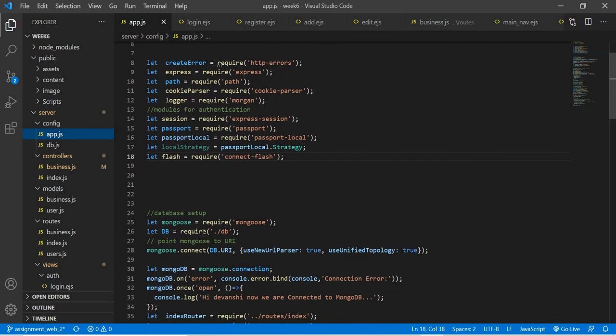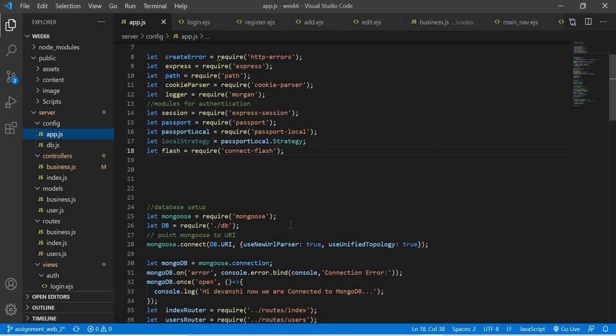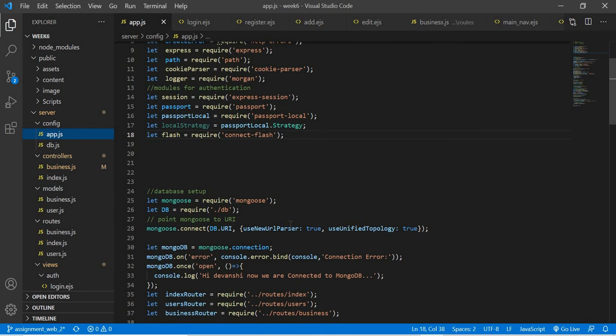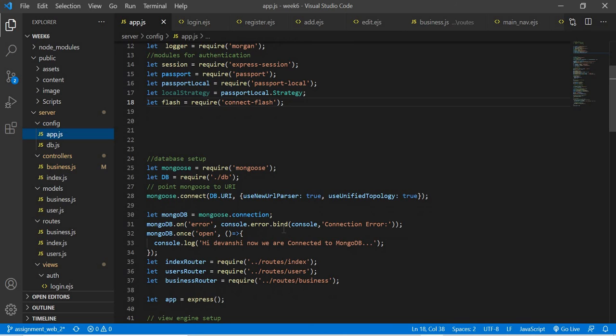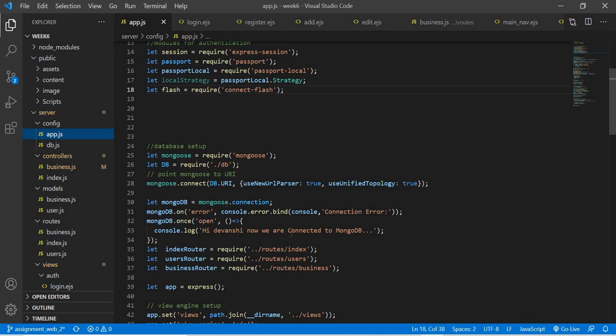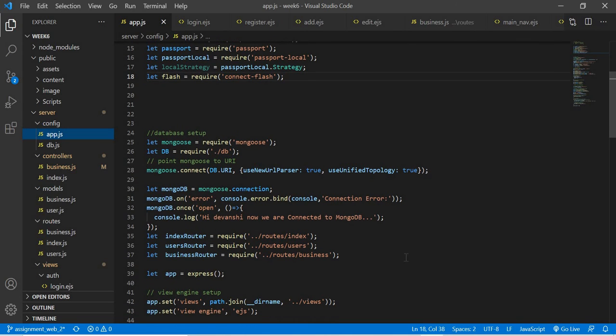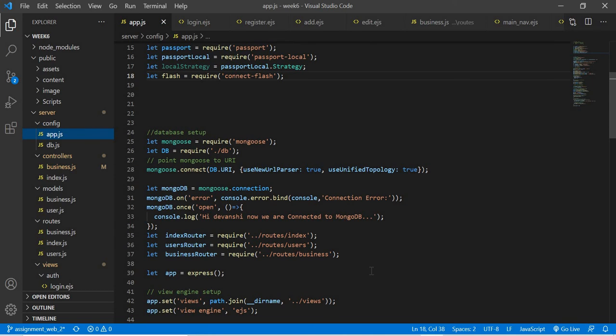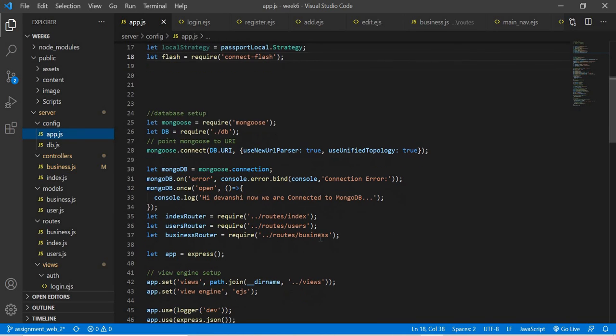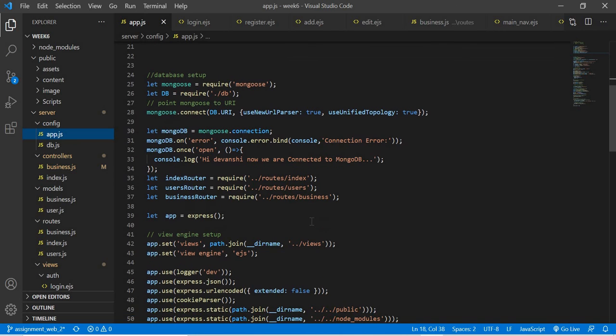I have also installed Mongoose for the database connection and connected it with the help of Mongoose. The user will see a message that we are connected to MongoDB only after connecting to MongoDB successfully in the console. In the other case, if there is any error, then it will receive an error message on the console. Here are the various routes for my website.